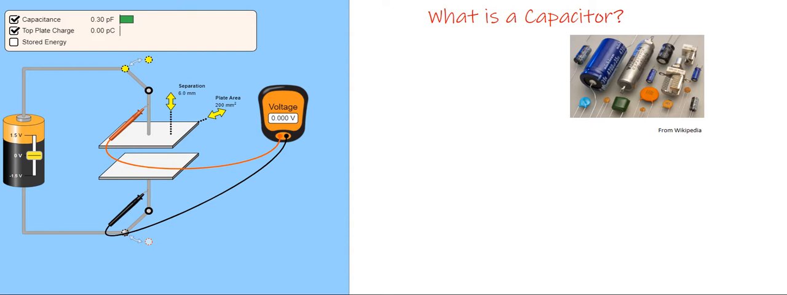So at the end of the last video, we took a look at the idea that the capacitance of a particular capacitor is not defined by how much charge it holds or how much voltage it has across it. It rather describes the amount of charge it can hold per volt across the capacitor based on something else. And so in this video, we're going to take a look at what is a capacitor and what defines the